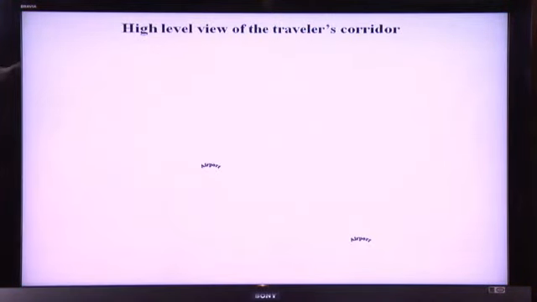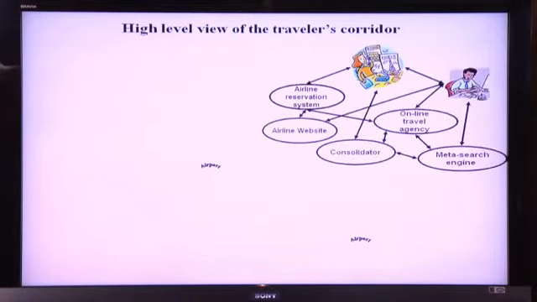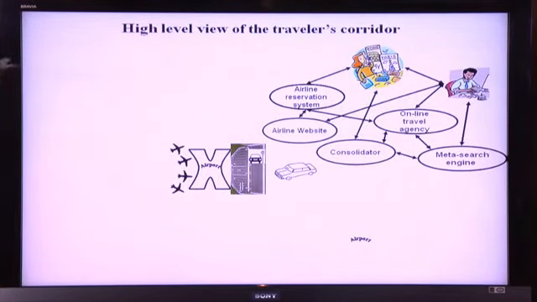Let's look at the traveler's corridor as he surfs the airport servicescape. First, of course, before he gets to the airport, he's got to plan his trip. Online travel agencies, airline reservation systems, websites, consolidators, meta search engines, and what have you. The traveler first travels electronically. Then he drives physically and gets to the airport. Parking area first, access the airport itself, outbound plane,